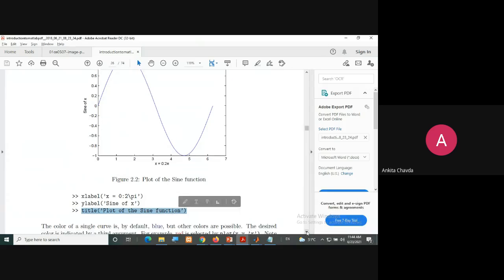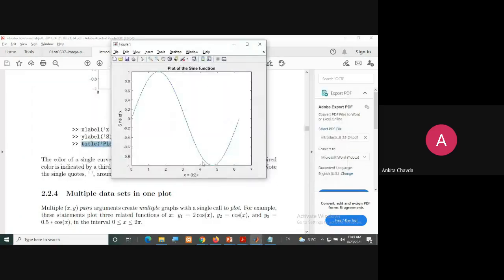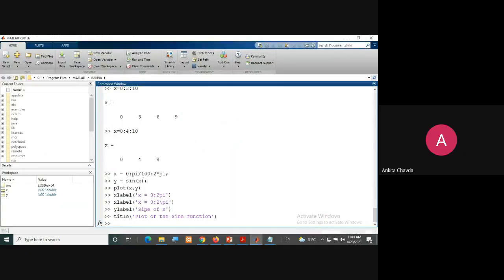Good. Now the next is, you can see, have you seen here that this curve or this graph is plotted? Its color is by default blue. And if you wish to change the color, there is a very simple command. In this same plot command, you can write x, y, comma, and then specify the color.